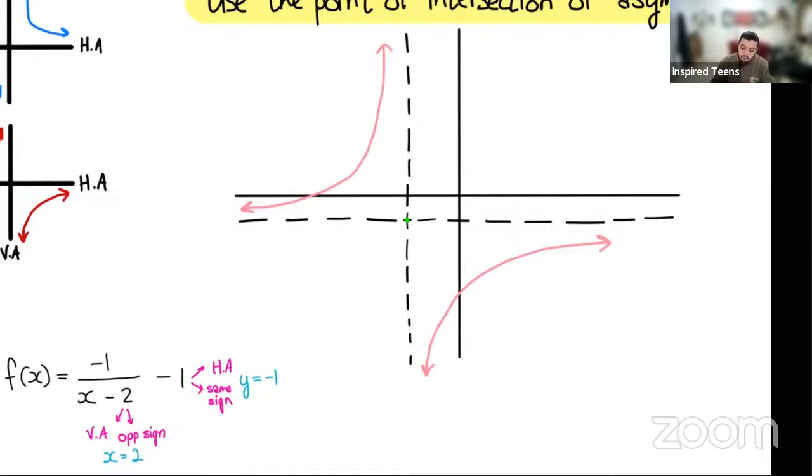What you'll notice here is, very nicely, you can see our vertical asymptote, and here you can see our horizontal asymptote. And where the vertical and the horizontal asymptotes intersect, that is where the axis of symmetry forms. So we have one going this way,